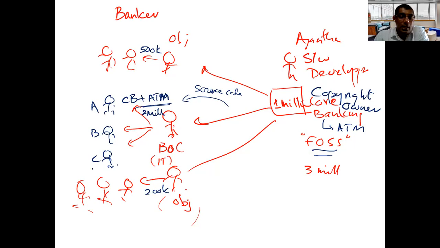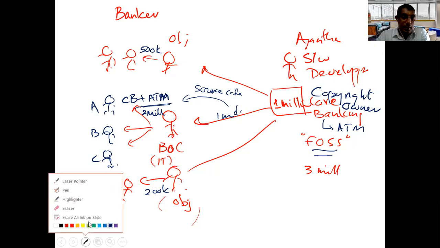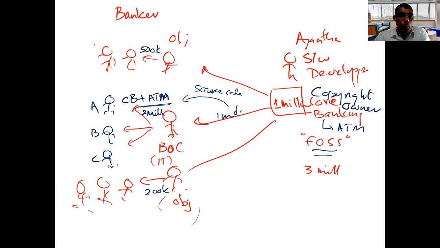Okay, so ABC people have purchased for 2 million each, and you can see this guy purchased for 1 million. Now he made 6 million. So of course, 5 million profit is there just by not doing banking, software development, right? So that is possible. But now I said there's a tricky thing, where Richard Stallman said, so I'll take a different color. When Bank of Ceylon is giving to these people for 2 million, Bank of Ceylon has to give the source code